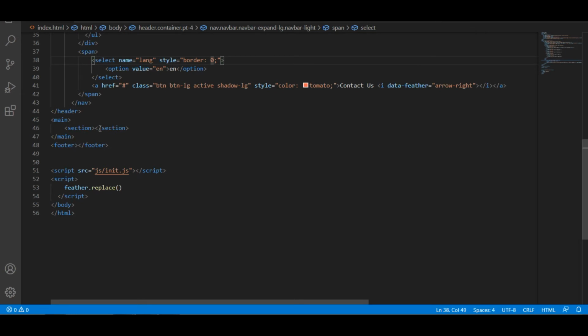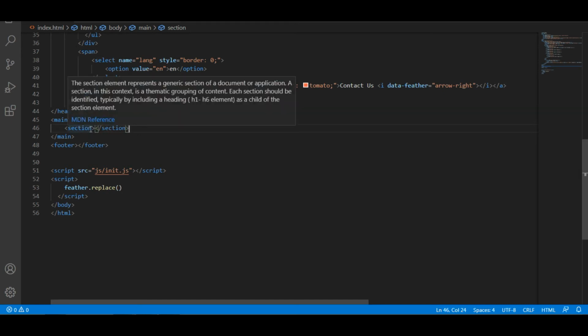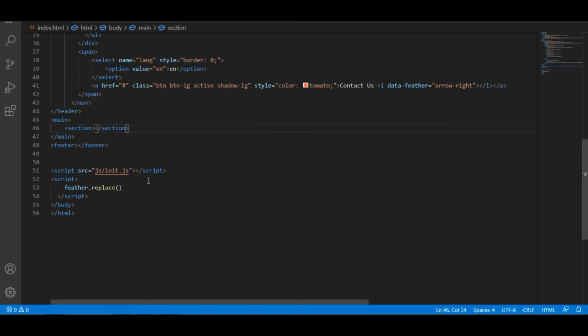Okay, the next thing to do is that we can move to the main section area. While moving to the section, in the beginning I said that we are building our website entirely with section areas. Using this section, we separate all the contents as sections in our application. So the first section, we are going to make some introduction banners like that. In that section, I'm also giving some class to make it centered.